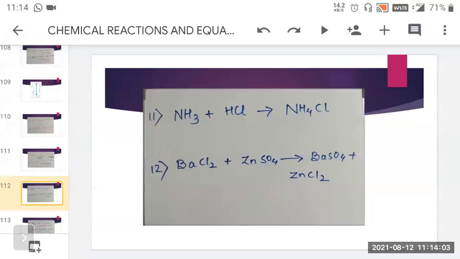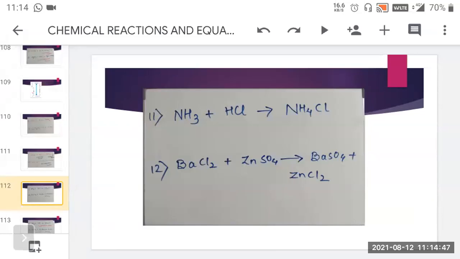Then the below one, BaCl2 plus ZnSO4 gives you BaSO4 and ZnCl2. Again here, we will go one by one. First is the combination reaction, two reactants and one product. So it is not fulfilling that particular criteria. Then go towards the decomposition reaction, one reactant and two products. It is also not fulfilling the criteria. Then go towards the displacement reaction, where there are two types, single and double. Now in single displacement reaction, one compound and one element should be there, but here two compounds are there. That means single displacement will not take place, but double displacement can take place, because two compounds are there.